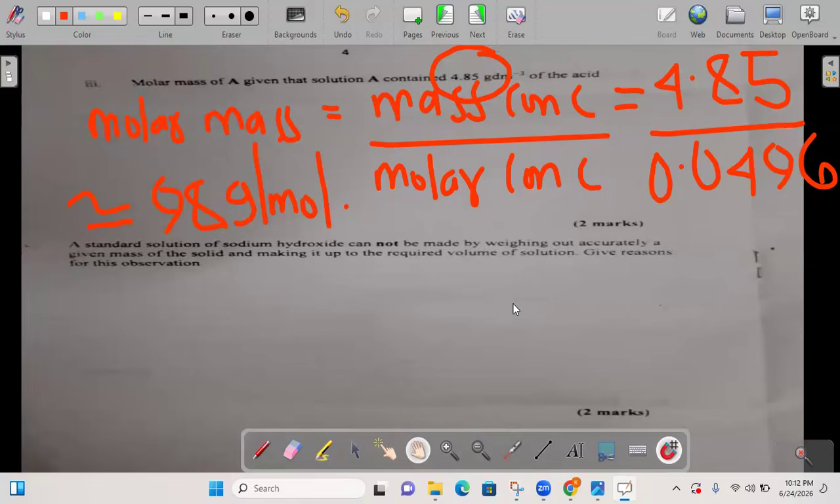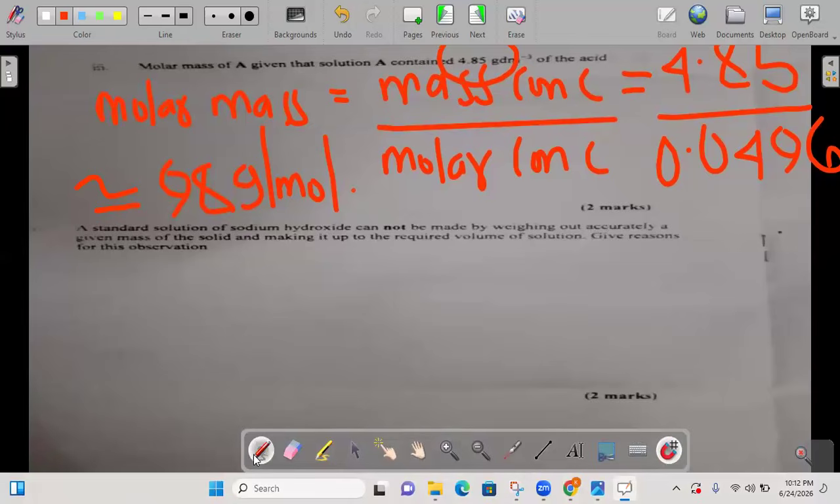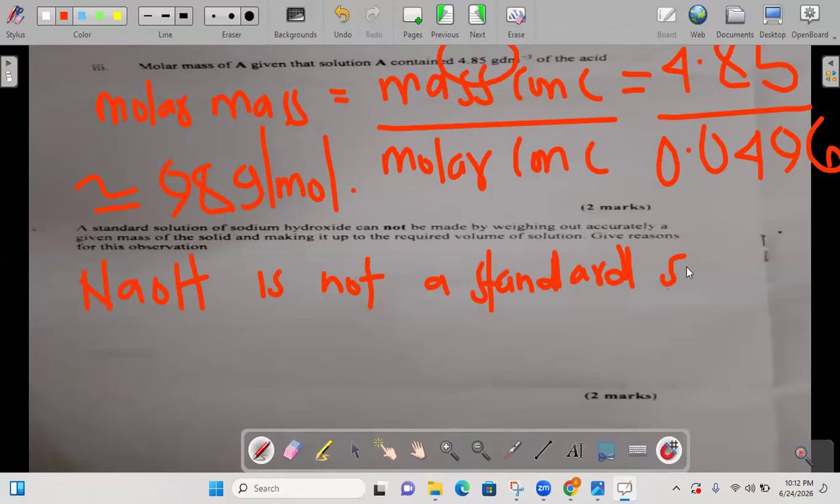Then question 1C says a standard solution of sodium hydroxide cannot be made by weighing out accurately a given mass of the solid and making it up to the required volume of solution. Give reasons for your observation. It's simple. Sodium hydroxide, let me put it in symbols, NaOH, is not a standard solution because